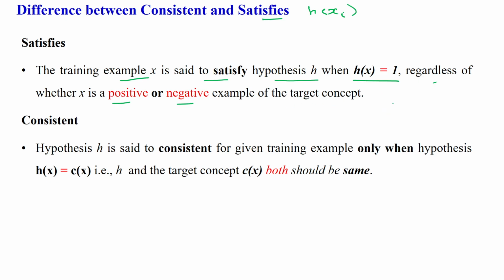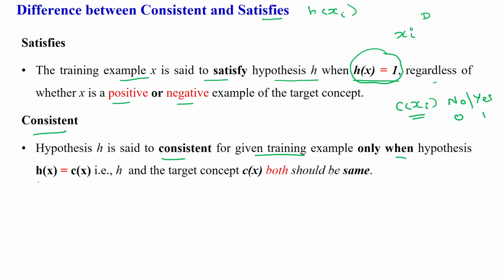That means here we are not at all considering the c of xi. So here the c of xi may be a no or it may be a yes. That means it may be a 0 or it may be a 1. But the h of x should give you the true value with respect to any training examples given in the data set D. But in the consistent term,